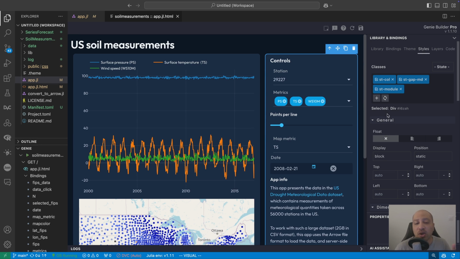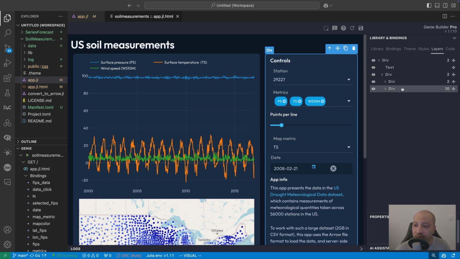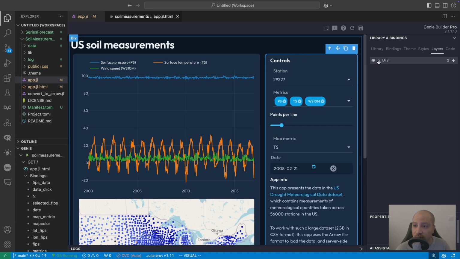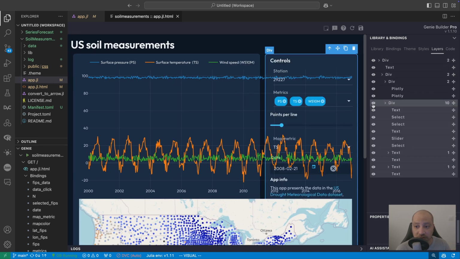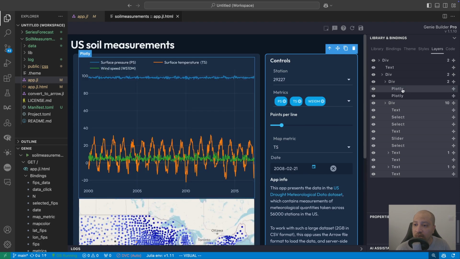And with this, we have covered the main features of Genie Builder. These will be the most used panels, like the library and the styles and theme, as well as the app.gl code. And then we also have more tabs, like for instance the layers, that let you see a tree view of your app, so that you can hide parts of it in case you would like to do so, and you can also move things around